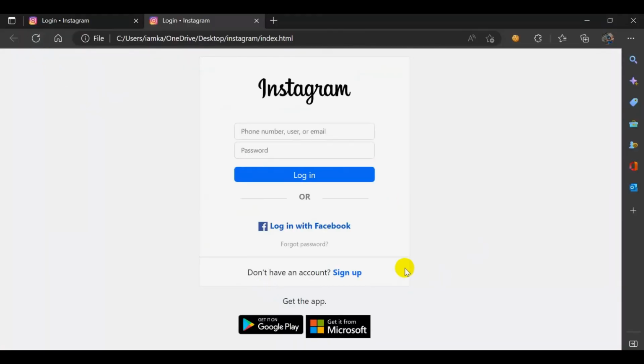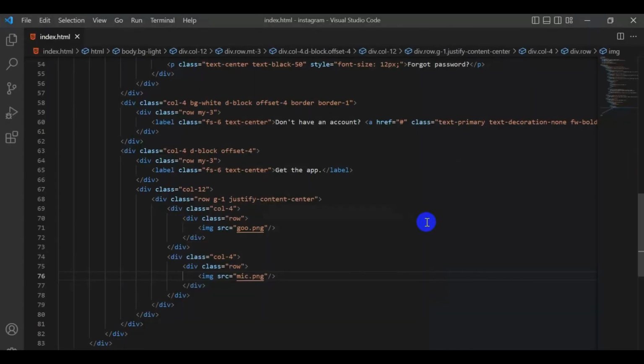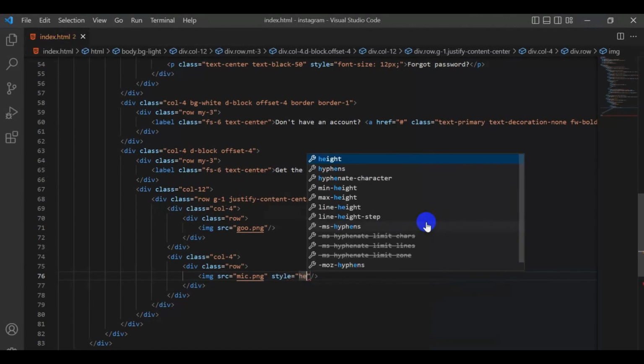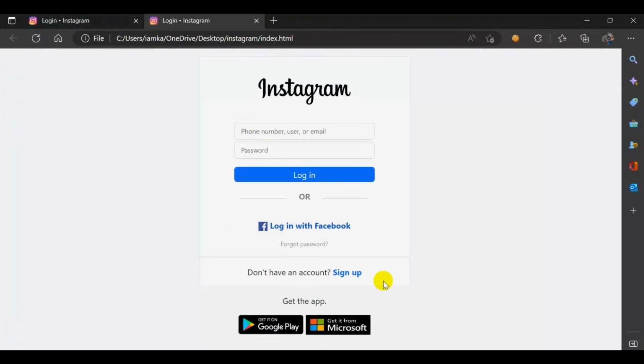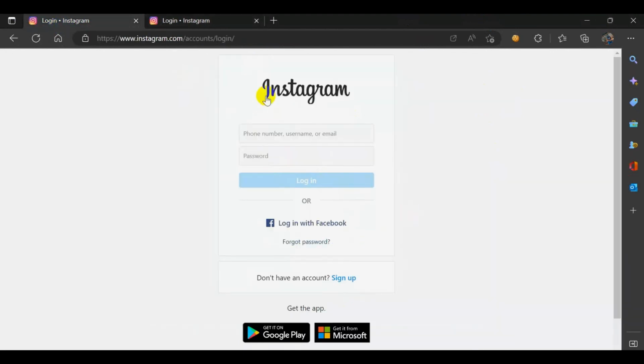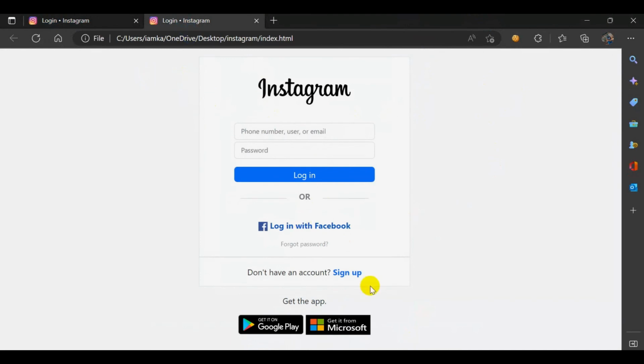As you can see, now the images are added, but this image is too large, so I'm going to reduce the height of the image using the style tag. I'm going to use like 40 pixels. Okay, now my images are aligned together. Okay, this is the design of the Instagram login page. As you can see, same as the original one. So this is not responsive,